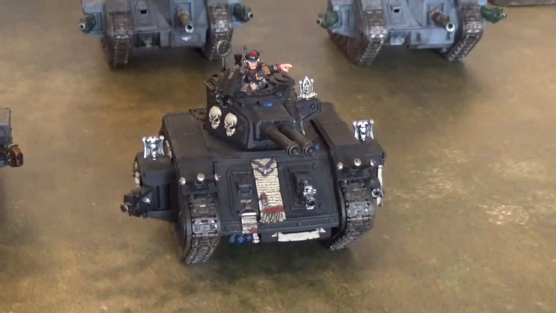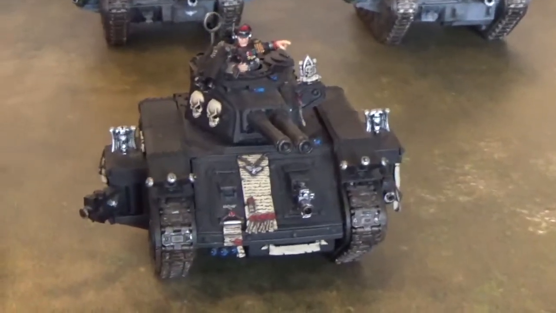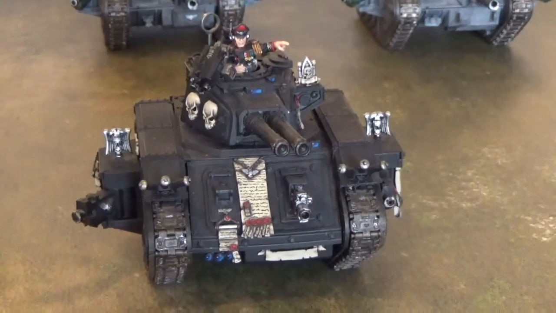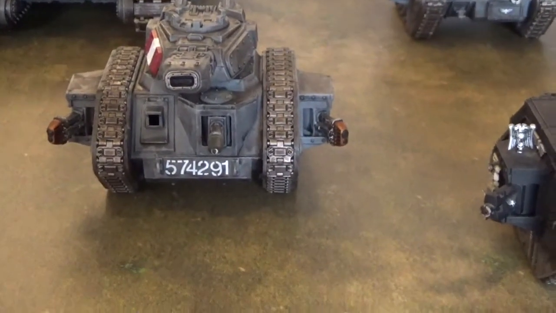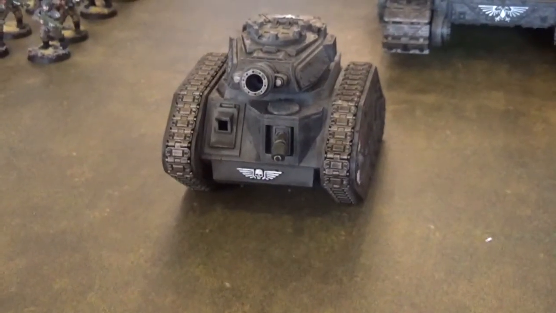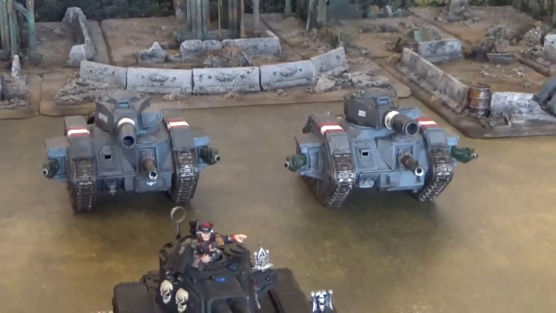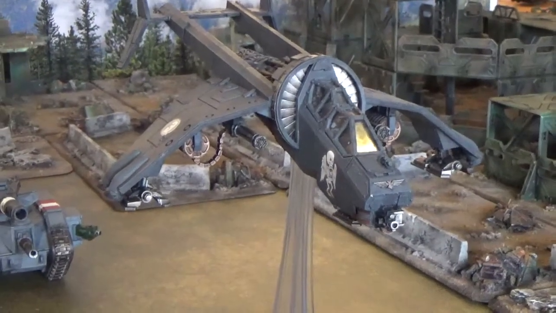This 2,000 point Astra Militarum army is a single combined arms detachment. Their first HQ slot, he is not Knight Commander Pask, but he is Knight Commander Pask's Commissar cousin, and he has brought with him a Leman Russ Executioner with all plasma cannon sponsons and a las cannon in the hull. He's also brought along a Leman Russ Demolisher with a las cannon and 2 more Leman Russ battle tanks. We also have a Vulture gunship with twin-link Punisher cannons,